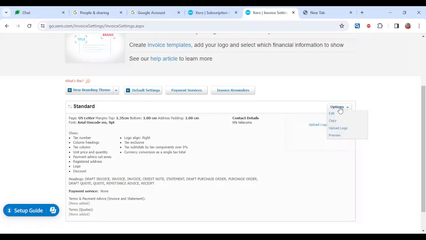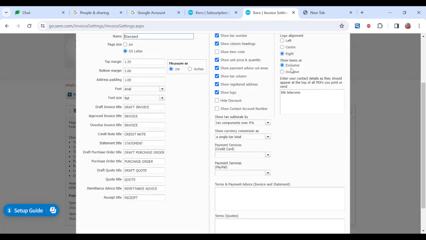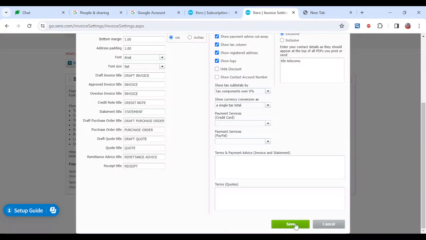Once you click on it, a box will be displayed. Ensure you select edit. Just click on edit. Then this page will be displayed to you. On this page, for you to be able to include your bank details, just go ahead and locate terms and